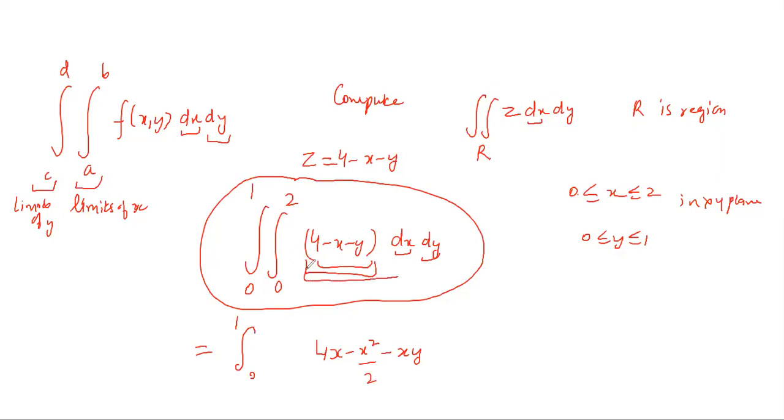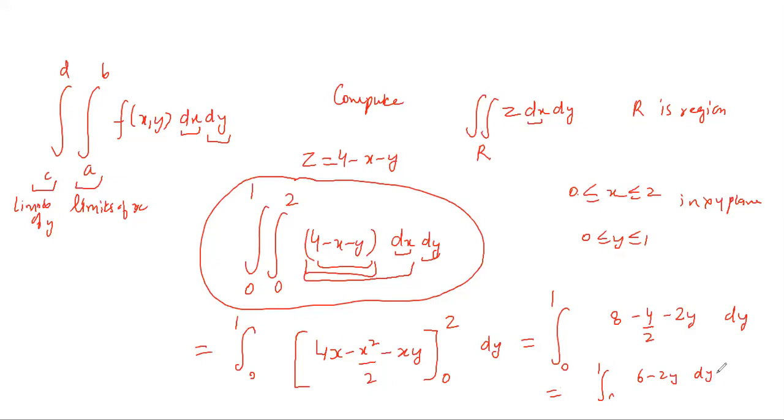Now you have already integrated with respect to x. So you will substitute the limits 0 to 2 for x. y will remain as y. You have to substitute for x. So you just do this substitution and see what you get. The outer integral remains the same. So this is 4 into 2, 8, minus 4 by 2, minus 2y. And when you substitute 0 for x, all these terms will be 0. So this is dy. So this is 8 minus 2, 6 minus 2y